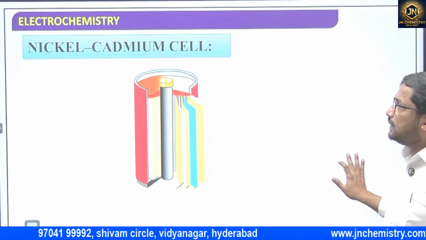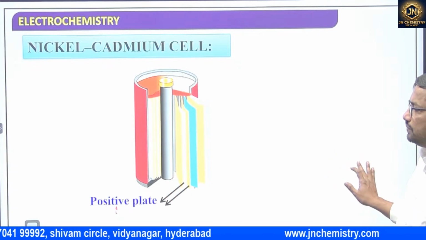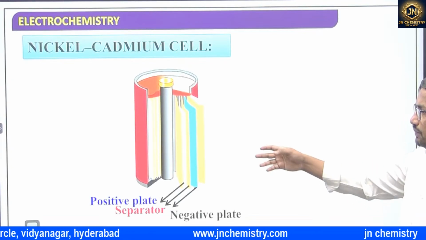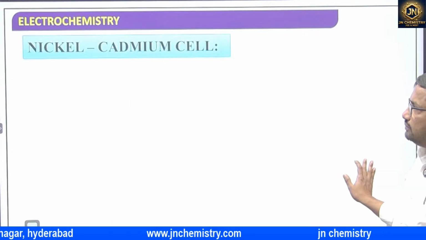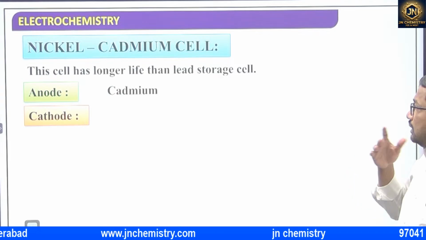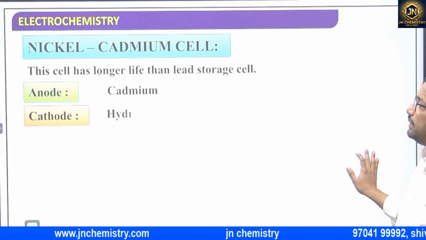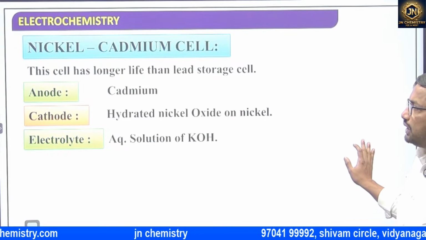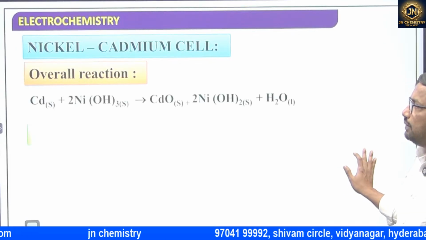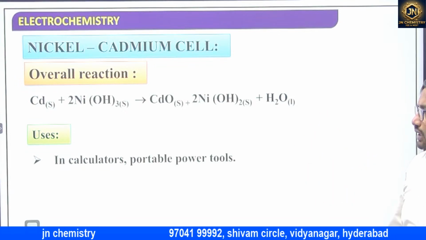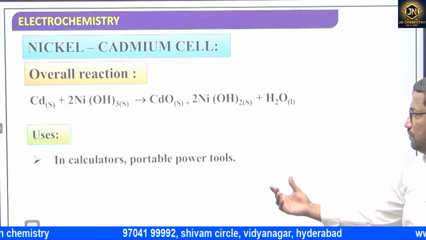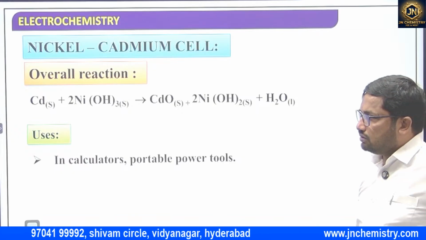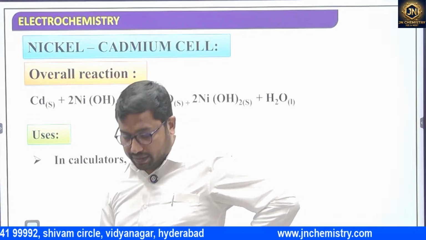The nickel cadmium cell, what is here? Positive plate, separator, negative plate, these are there, right? Are the separators visible? This cell has a longer life than the lead storage cell. Cadmium, hydrated nickel oxide with nickel. The electrolyte we are using is aqueous KOH. Same, write down the overall reaction. This is used in calculators and portable power tools. Okay, cadmium nickel. So in the future if you become an engineer,